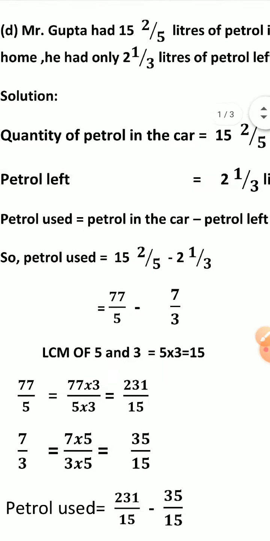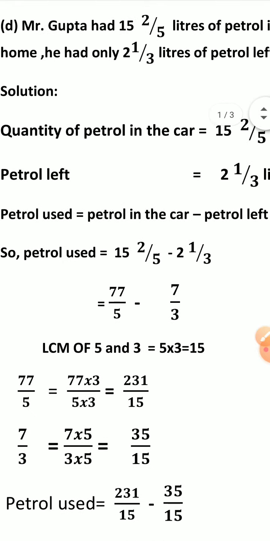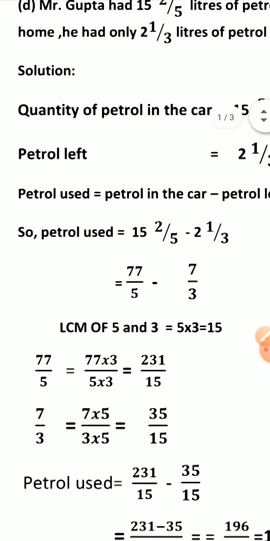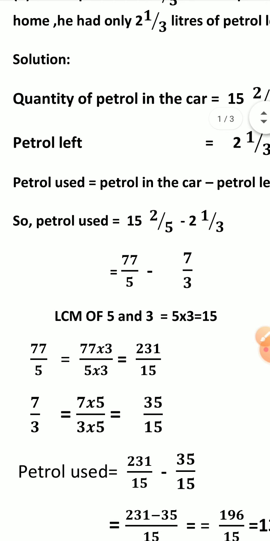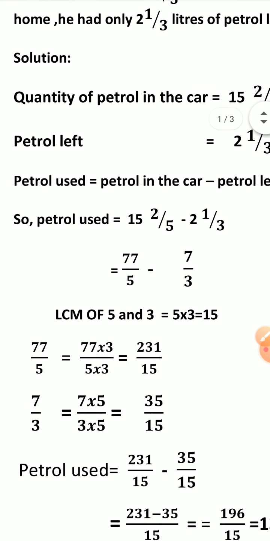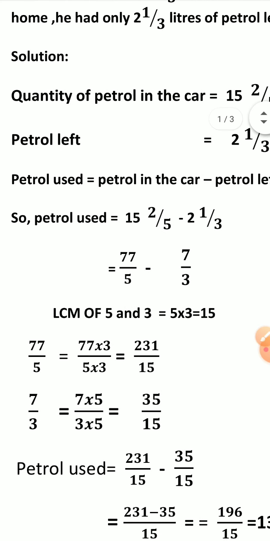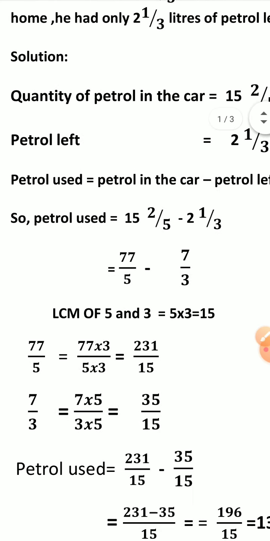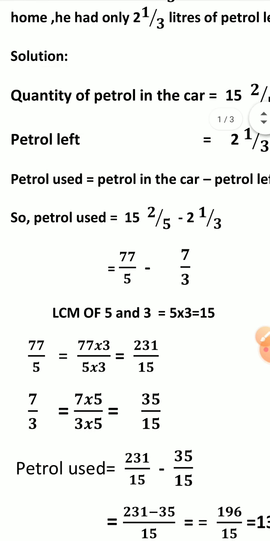Now we have to take out the LCM of 5 and 3. We know these two are prime numbers, so the LCM will be just multiplying these two. 5 3s are 15 is the LCM. So now convert both fractions into like fractions with the denominator 15, which is the LCM. How do we convert? We multiply 5 by 3 to get 15 in the denominator. In a similar way we multiply 3 in the numerator, and we do 77 into 3 on the rough side, which is 231 after multiplication.